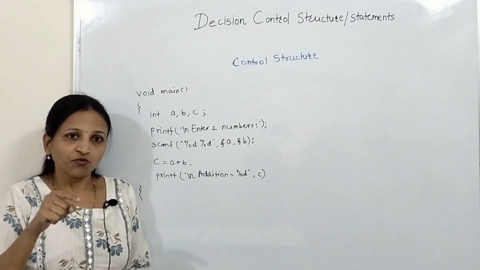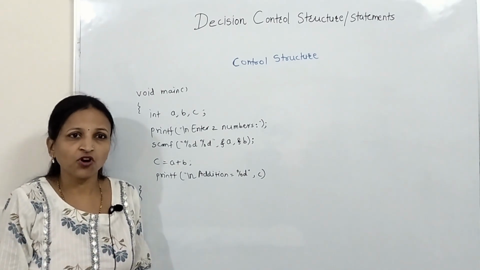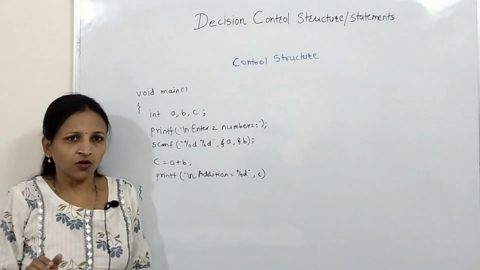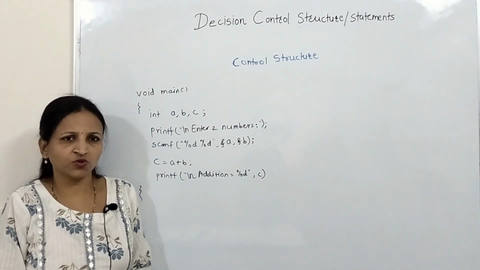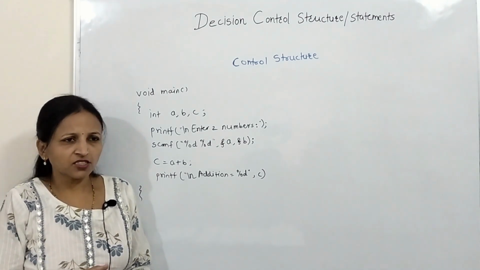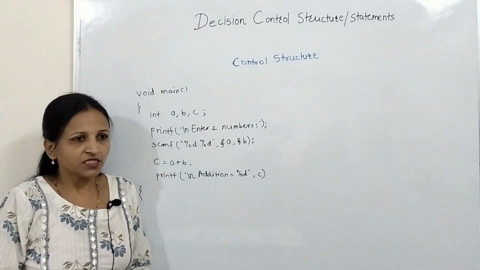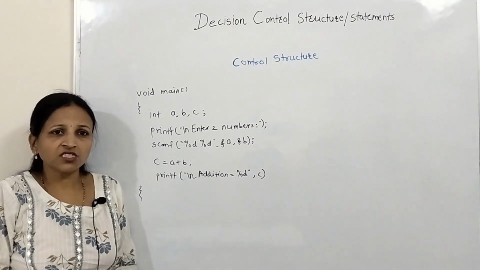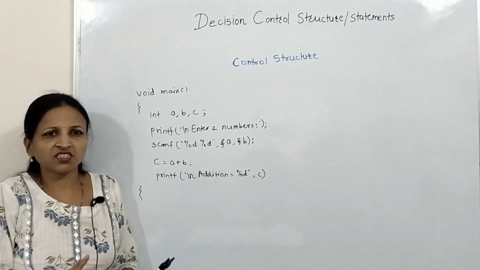First it has to check whether the login information is correct or not, and depending on that it should do something. If it is not correct, then it should also give a proper message to the user. This is the real fact. There is no need that execution should always be in a sequential manner. Sometimes, depending on a certain condition, whether it is true or false, we want to execute certain statements.